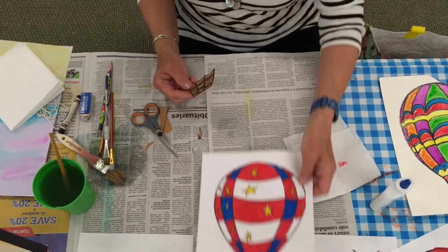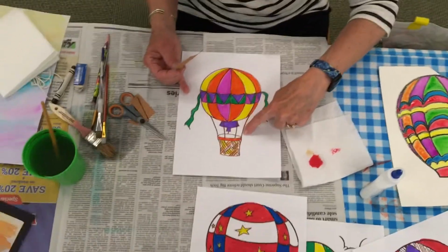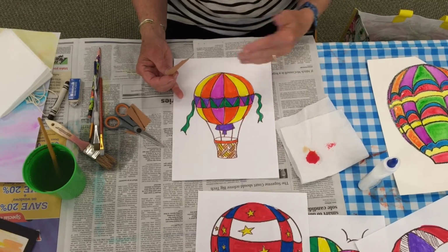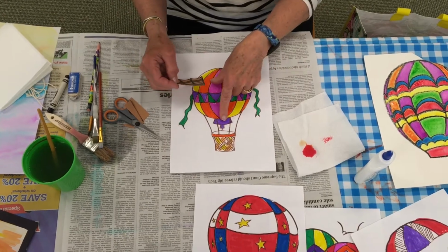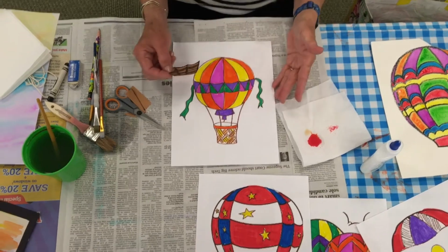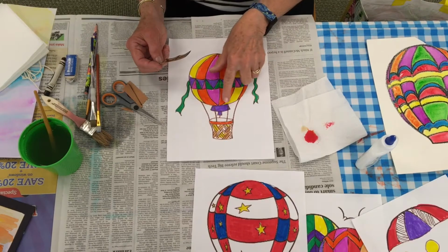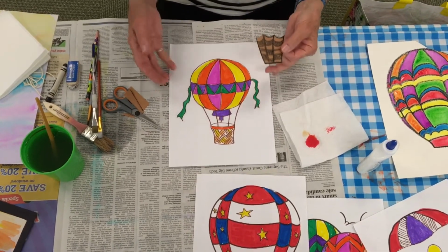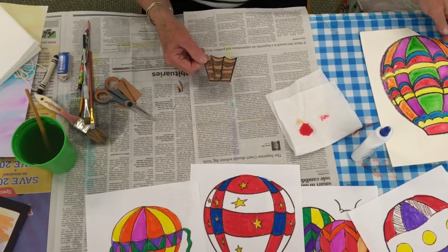You notice there's some other things on this hot air balloon. Looks like lines. Well, those lines are the ropes or the string that hold the balloon, once it's been inflated, to the basket. If you just had the balloon and there was nothing holding it on, what do you think would happen? It would just float up in the air. Well, we need to have things to attach the balloon to the basket so people can ride in it. So what we did, we cut this, and now